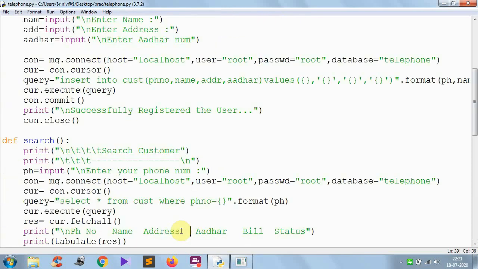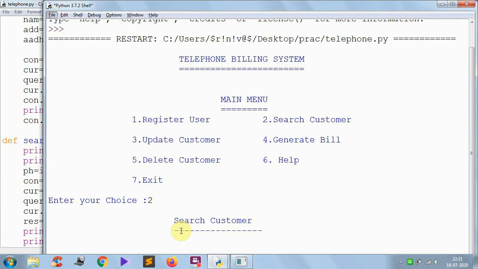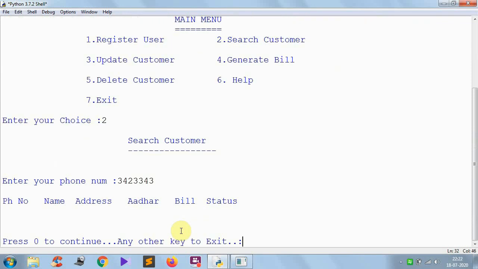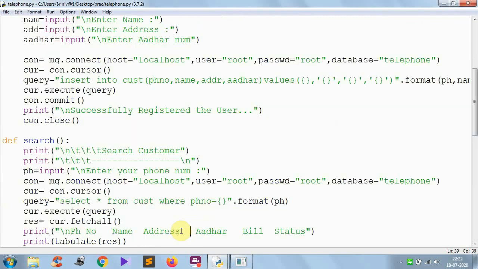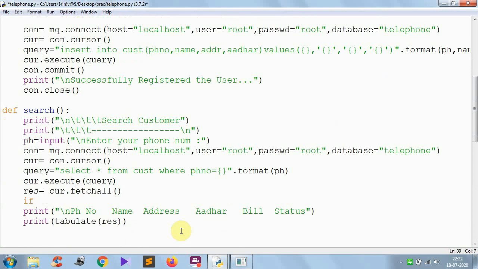Now searching is over. Suppose you are searching for a customer and that customer's details are not available, then what happens? See that here, option 2, here enter some phone number that does not exist. It is not showing anything. Instead of showing like this, it should display the error message that customer data does not exist. So how to do it? Here what you have to do, if res is in the form of tuple,